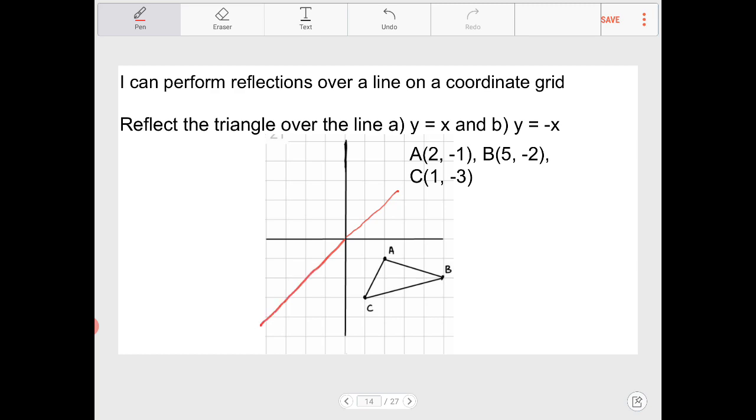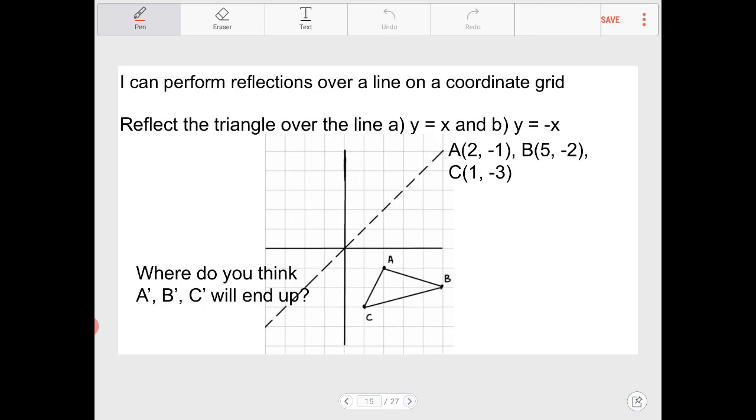Pause the video, see if you can figure out how the image will look, how A prime, B prime, C prime will look. And welcome back. So the axis of reflection is that dashed line that I drew there. We are again going to count how far away each one of these points are away from the axis of reflection. And if you look at this, again, we're going to do the same. We're going to count in the same manner, but instead of counting horizontal and vertical distances, we are going